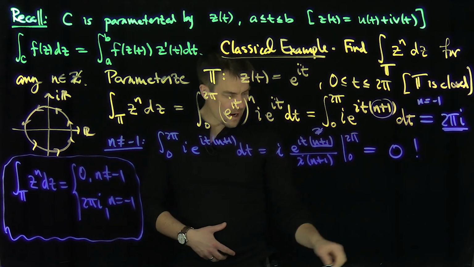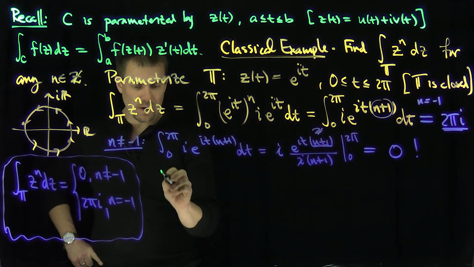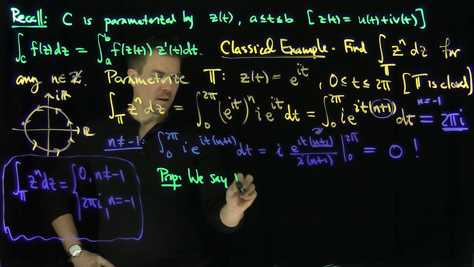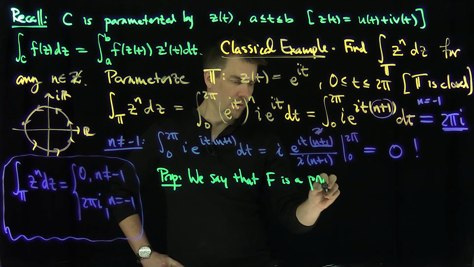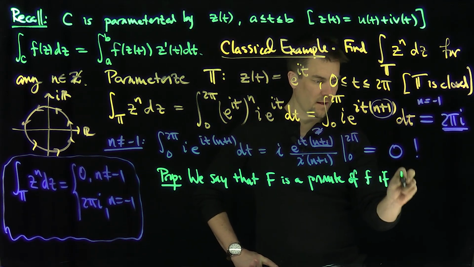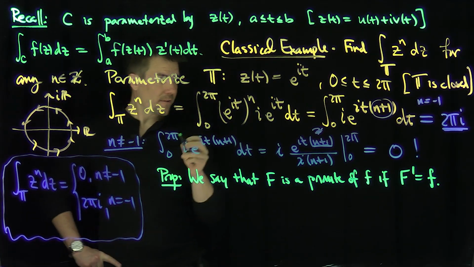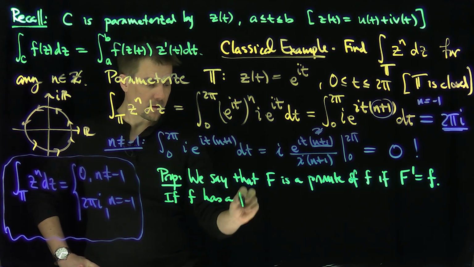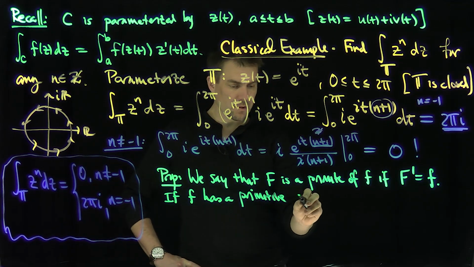Very important. Now, let me sort of generalize. How did I figure that out? How did I know it was going to be 0? So here's a proposition. We say that capital F is a primitive of f if F prime is equal to f. And so if F is a primitive, and the curve C is closed,